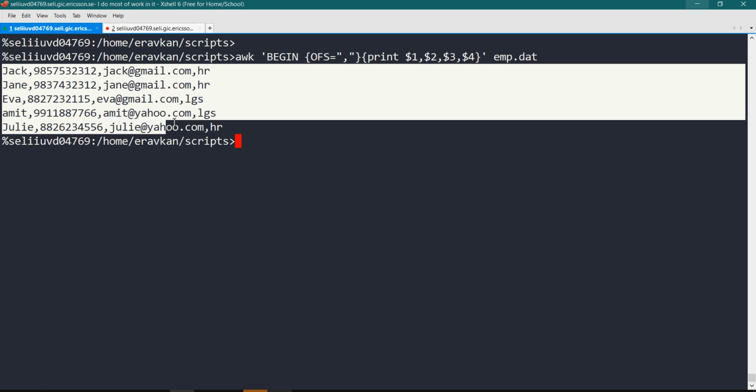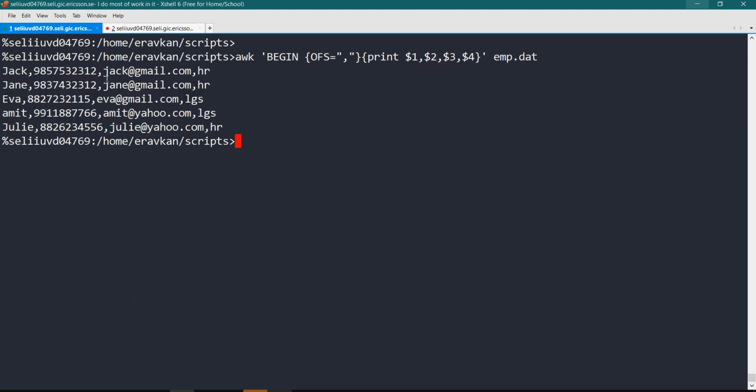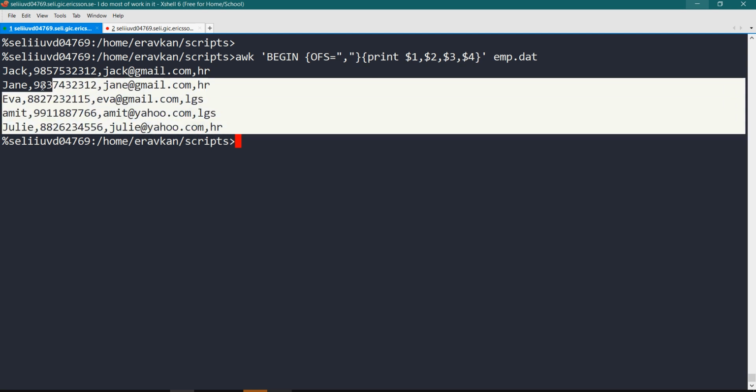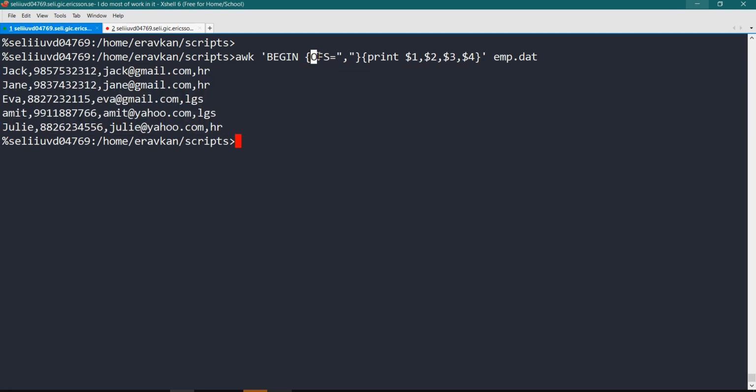So it is a CSV file. So I can change a normal file into a CSV file by using OFS. OFS means how you want to format your output. O means output, so whenever O comes it means output, how you want to generate the output. So OFS is clear, output field separator.